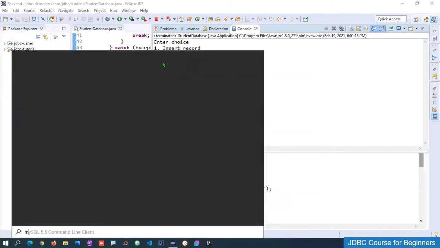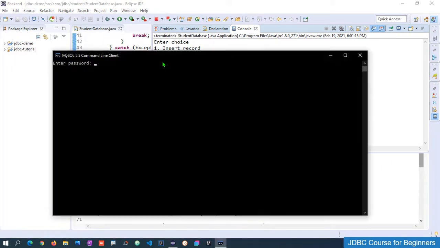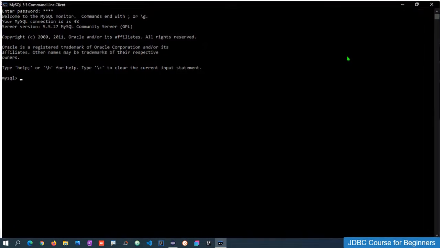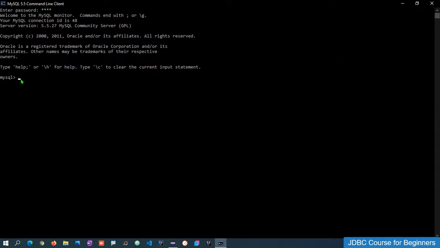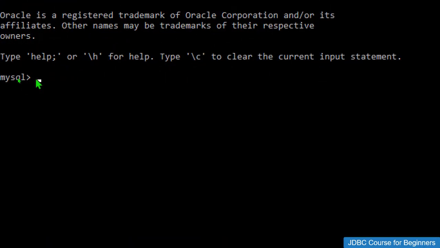Let me go to my MySQL command line client and see whether the record is inserted or not. If you are using any interface like SQLyog, then that's good. I'm using my command line, so I need to type the commands. First of all I need to use my database, that is JDBC DB, which is my database name.